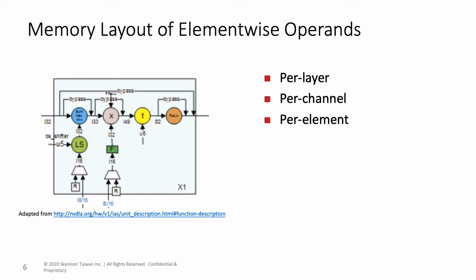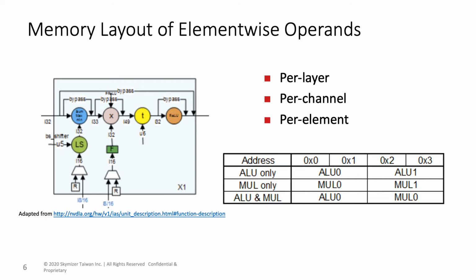In per channel mode, the same operand is shared between the elements in the same channel and repeatedly read from memory during execution. In per element mode, each element operates on a different operand, and every corresponding operand is fetched from memory exactly once. In a typical SDP computation subunit, the adder and multiplier share a common DMA interface to